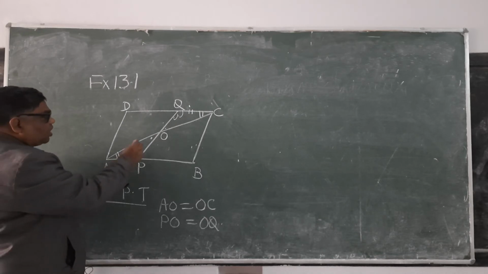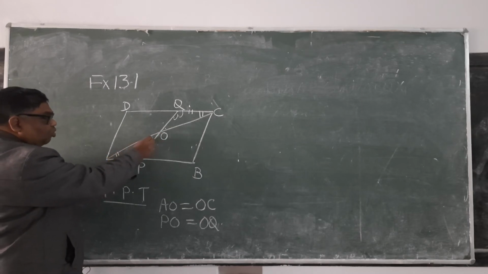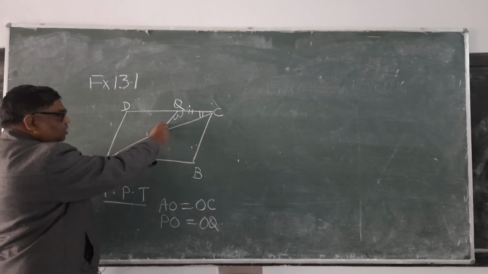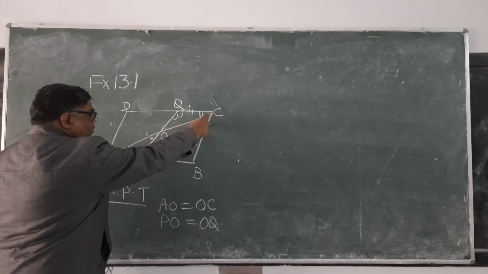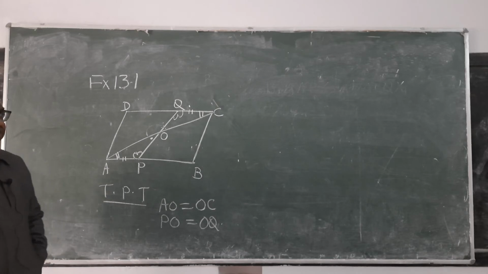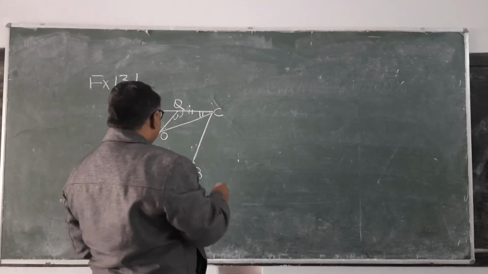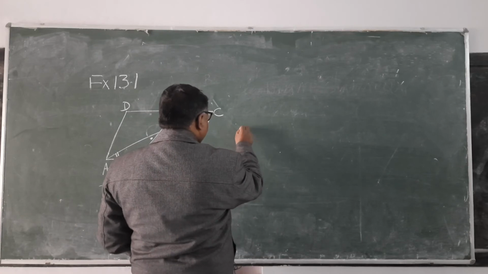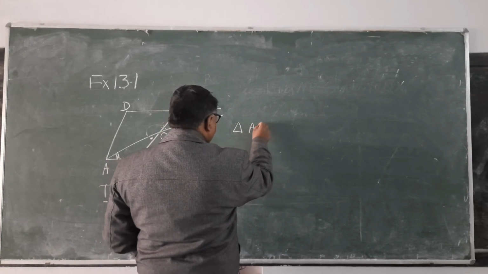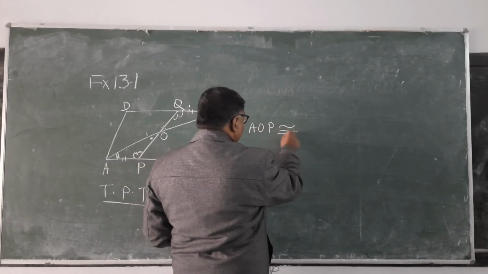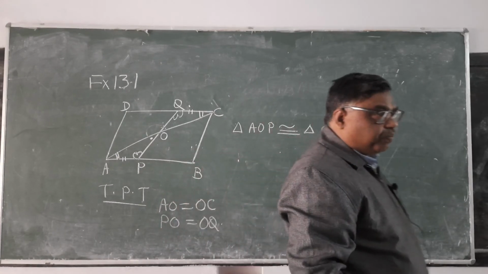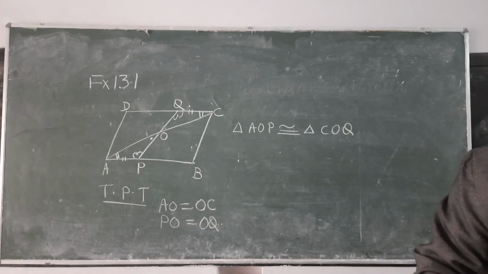Then here you can see AO is passing through this angle and this angle. If you see here, then this angle is here and this one is there. Therefore, which side? CO. It will be equal to CO. So this proving you can write. How will you do? You have to prove. I am just not writing the complete proof. You have to prove triangle AOP congruent to triangle COQ.